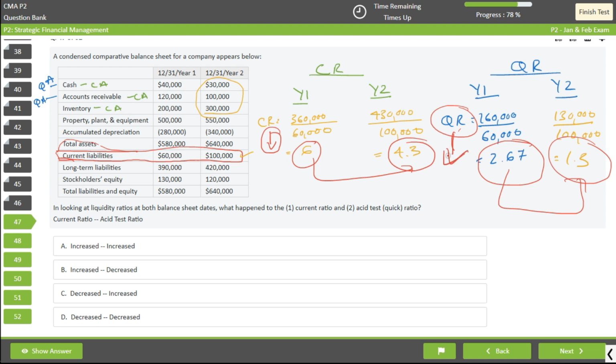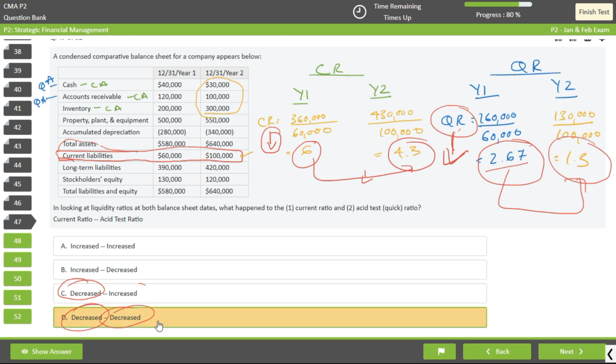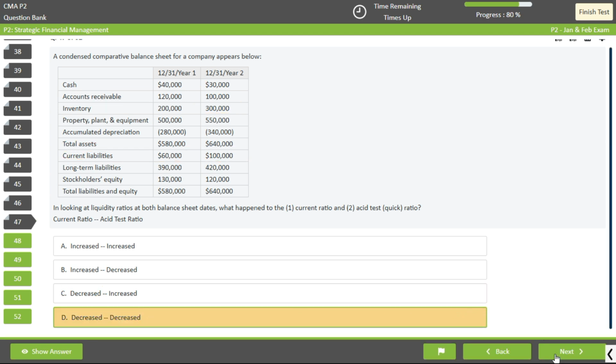Your quick ratio has decreased from 2.67 to 1.3, and your current ratio has decreased from 6 to 4.3. So the current ratio has decreased and your acid test ratio has, no, both are decreased, right? Yeah, both are decreased. So the correct option is option D. Next,